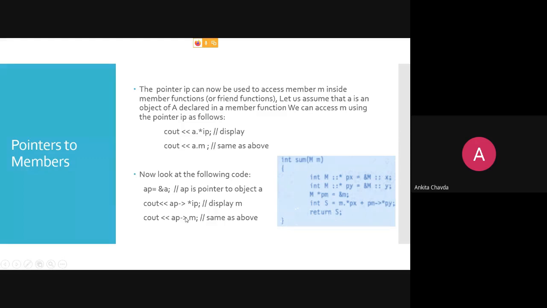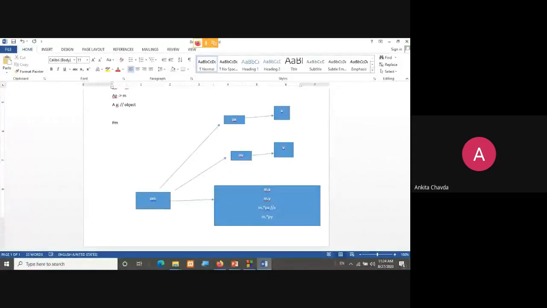Same way over here, pm arrow operator, and you can access pointer px. Same way you can use pm arrow operator pointer py. Same way pm arrow operator directly x, pm arrow operator directly y.